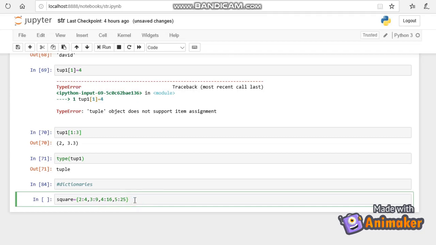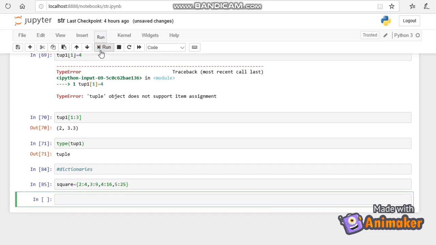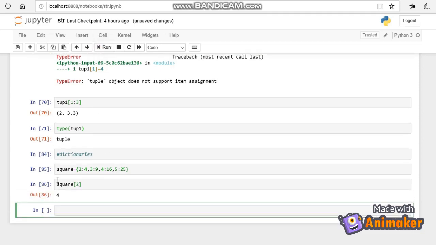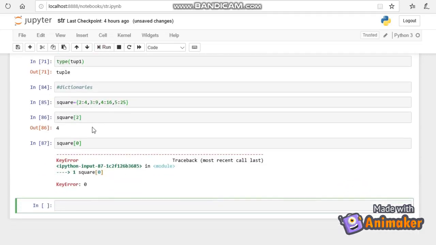In dictionaries, you can access values only through keys. Let me show. Square of 2 will get 4. We can't access by index value. Suppose I give 0, it will show an error, because in dictionaries values are accessed via keys.